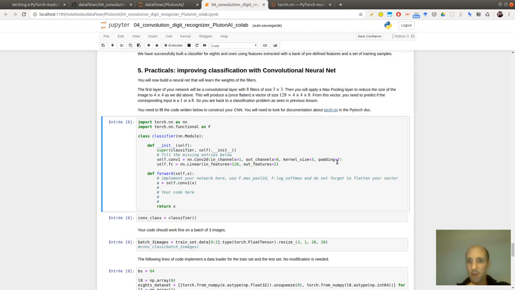So the first thing we need to do is replace this question mark to get the padding. So the image, we do not want to modify the size of the image. So we should get the same size in input as in output when we apply this layer.